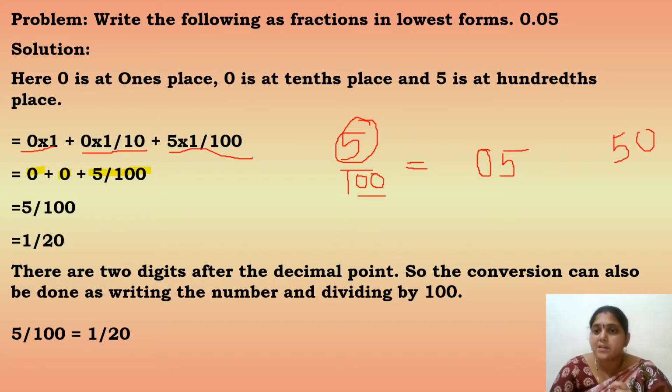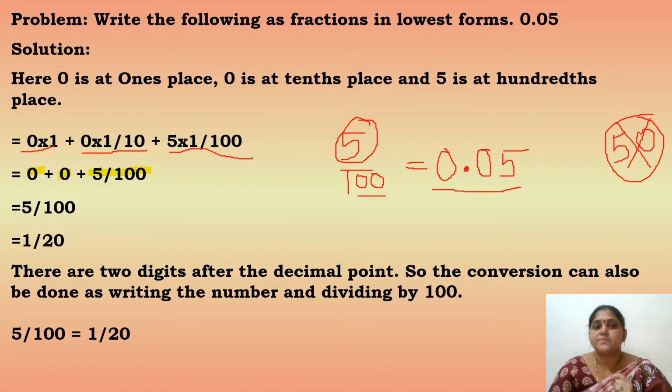If you write a 0 after 5, it will become 50. It is wrong. You should not write like this. You have to add 0 only on the left side of 5. So the value of 5 does not change. Now you got 2 digits here. Now put a point here. If you put a point here, you are not having any number before it, so simply you can write 0. So what is your answer here? 0.05.